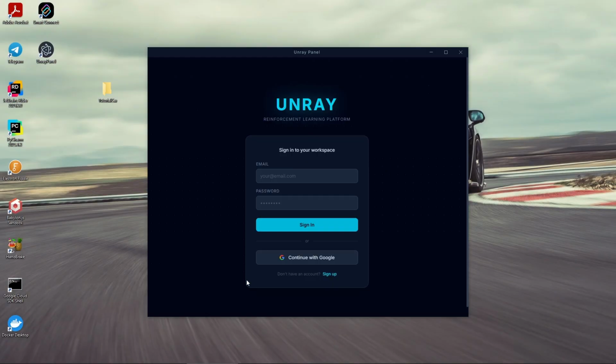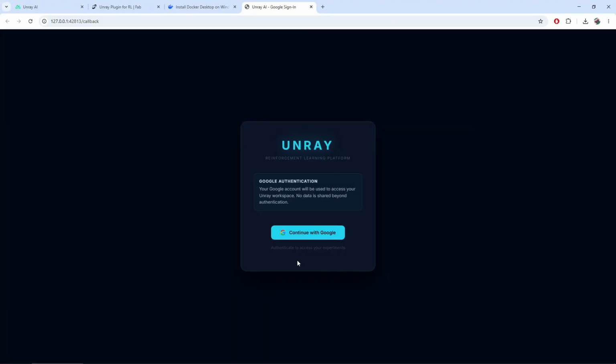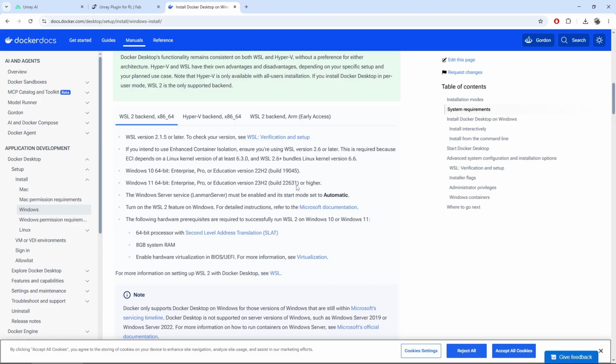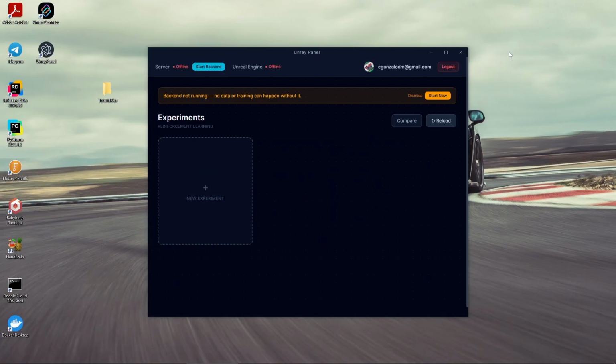The first time we enter the Unray panel, we are going to find this login to create our account. It's easy. You just have to put in an email and a password or continue with Google. I'm going to use this account, and that's it. I have logged in, and now Unray is going to tell me that the backend is not running